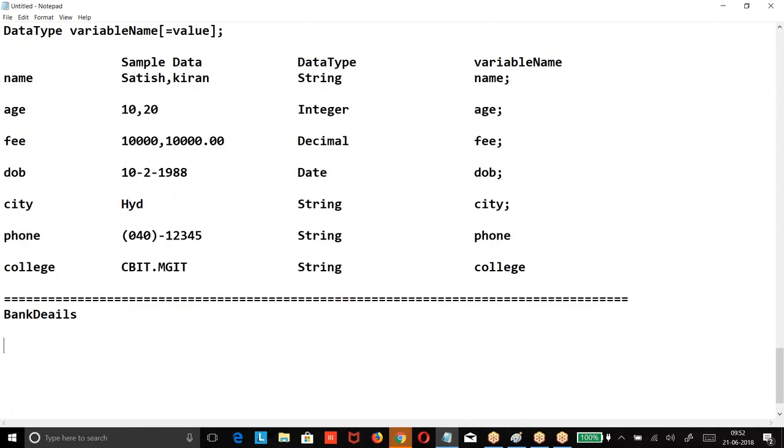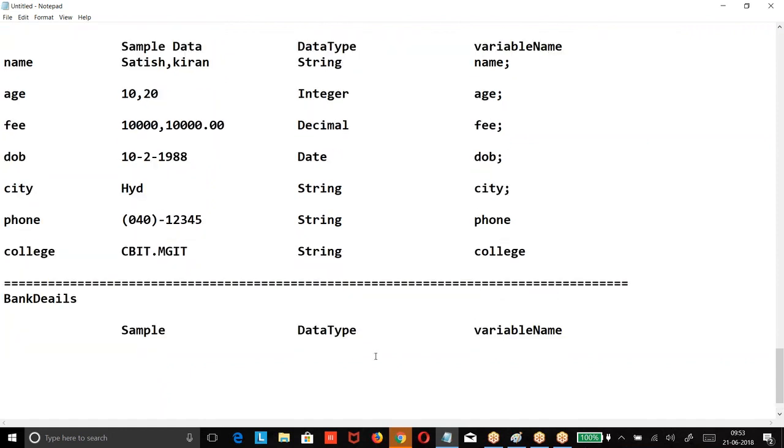I want to collect some bank details. Name of the bank. Always ensure that your variable name is relevant to the data you are storing. Don't create A, B, C like this variables.